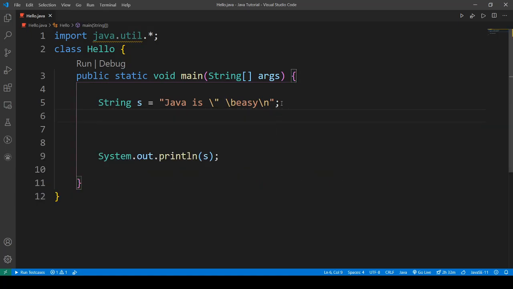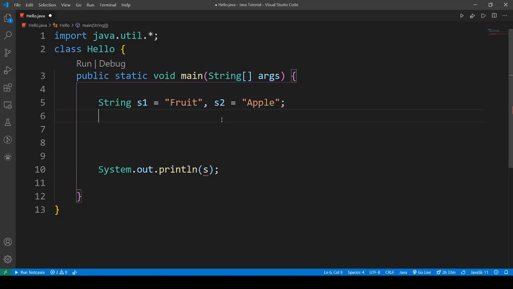We can also concat two strings and make them one. To do it, let me write here fruit and another string apple.